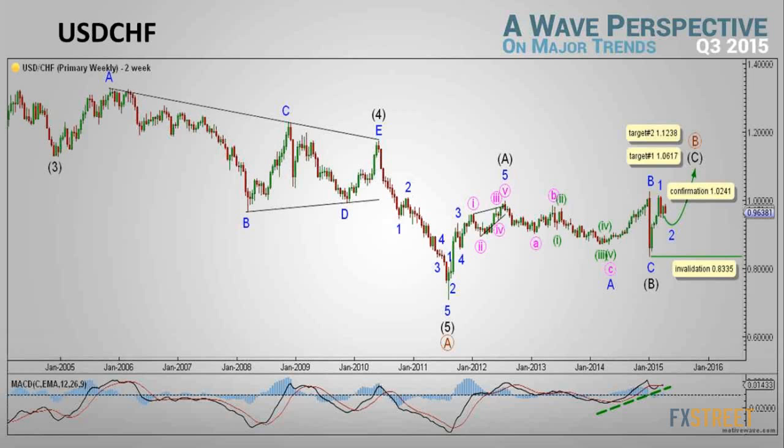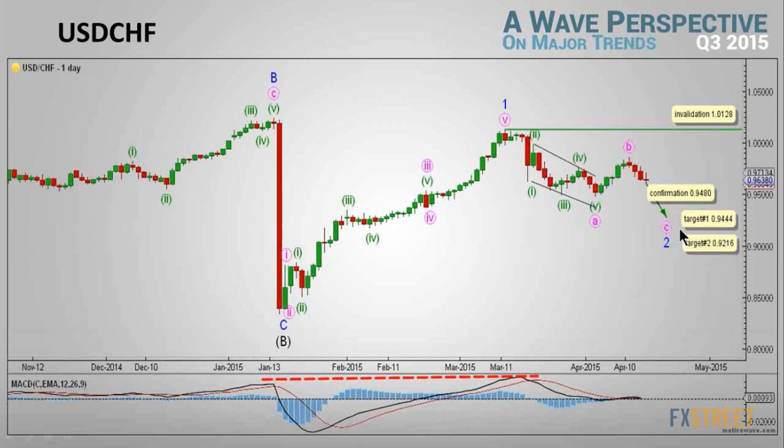First off, we had to use the 2-week chart for clarification purposes and to bring long-term patterns into perspective. Back then, we expected Swizzy to unfold toward the downside in a corrective manner to complete wave 2 blue before reversing directions and moving toward the upside in an impulsive manner. Also, on the daily chart, we specified targets for the completion of that correction labeled wave